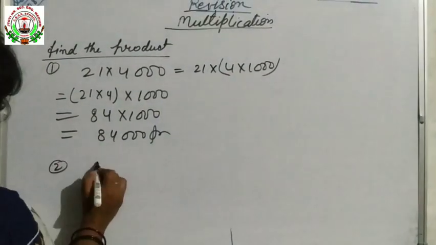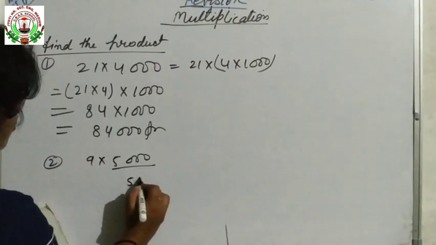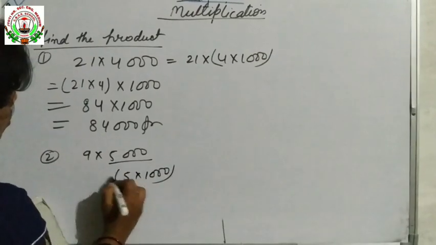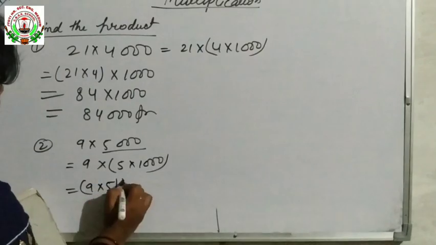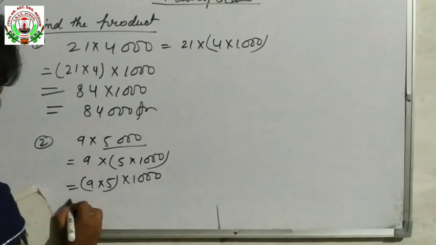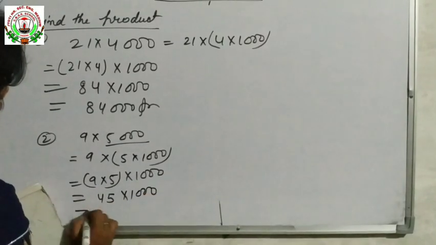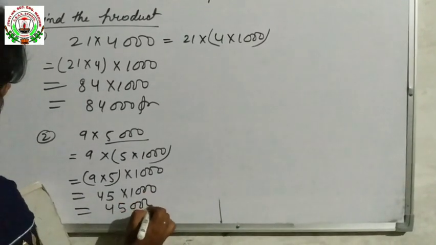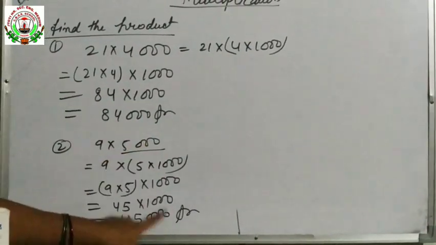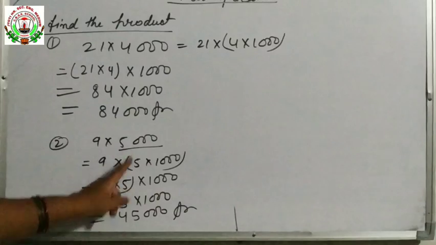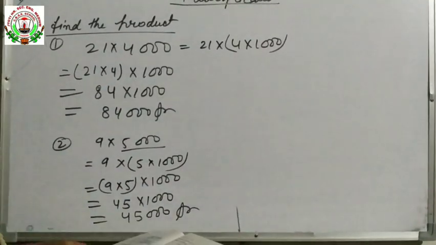Again one question we will see, 9 into 5000. Okay, so 5000 you can write 5 into 1000. Understood? And it is 9. As it is you will write. Now 9 into 5 write together, and this 1000 you will keep separately. 9 5s are 45 into 1000. Then 45 into 1000 is 45,000. This is the answer. Directly also you can do here. 9 0s are 0, 9 0s are 0, 9 0s are 0, 9 5s are 45. Understood, children? Now one more question we will see.